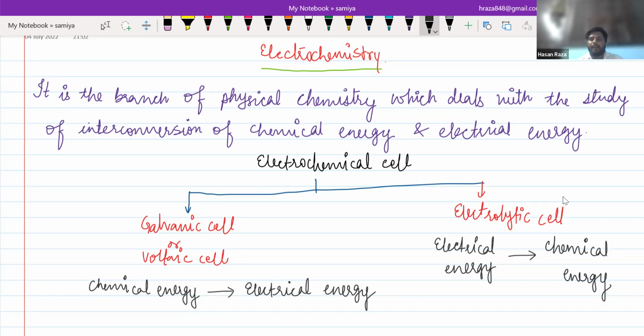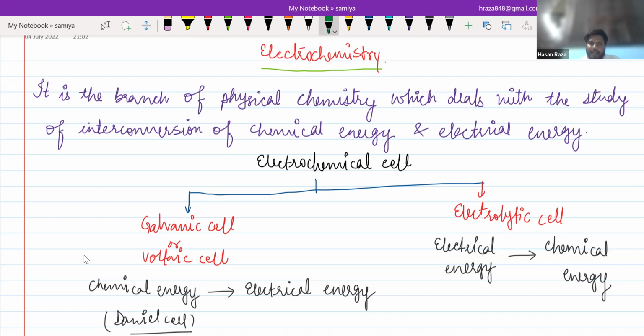There are two types of cell, electrochemical cell. One which is used to convert chemical energy into electrical energy is called galvanic or voltaic cell, and its example is, we can take Daniell cell, and one which is used to convert electrical energy into chemical energy is the electrolytic cell. Also, it is important to note that